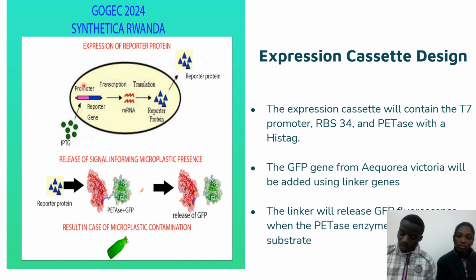This IPTG stands for isopropyl beta-D-1-thiogalactopyranoside, and this will induce expression of this gene, to be translated into a reporter protein, which is a PETase protein. Now, after translation of a reporter protein, this protein will be fused with a GFP, green fluorescence protein, by a linker sequence. And after fusion of this GFP and PETase, this will form a PETase-GFP complex, and this complex will